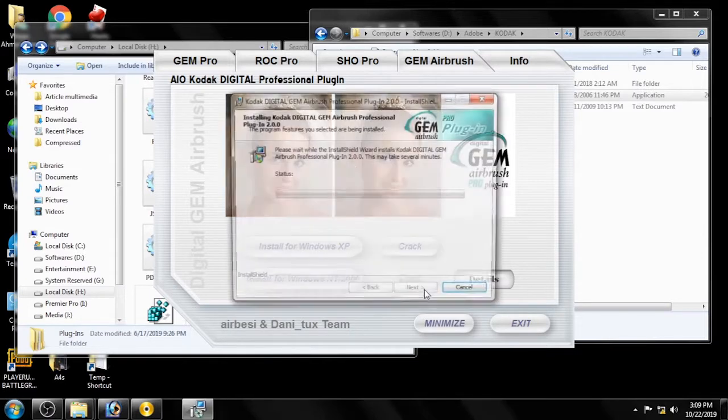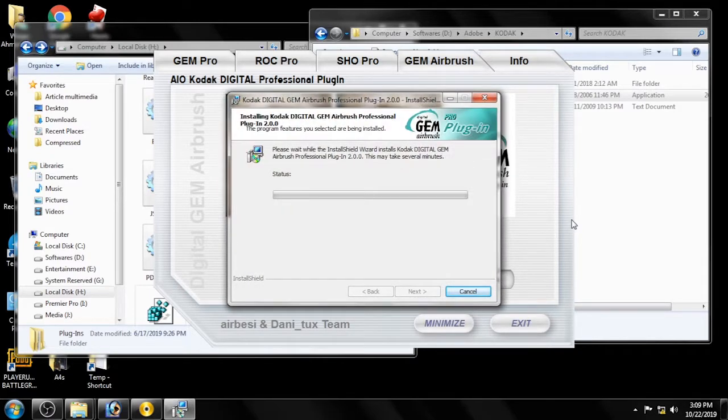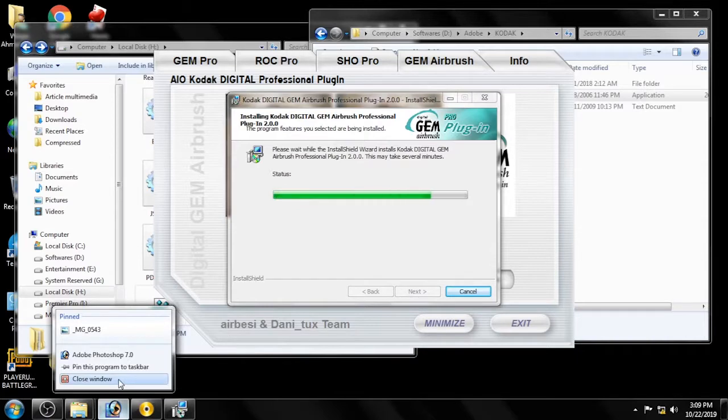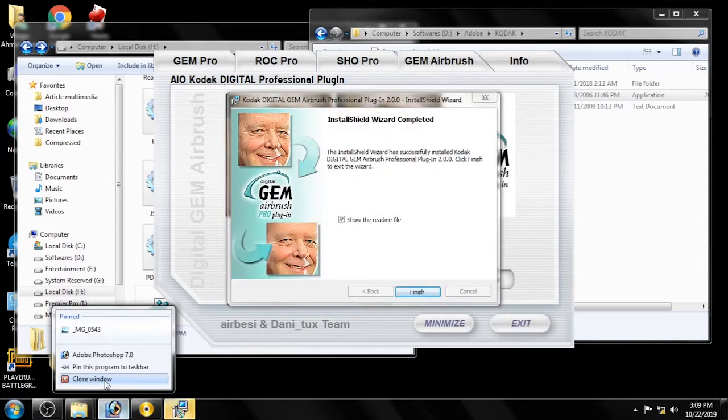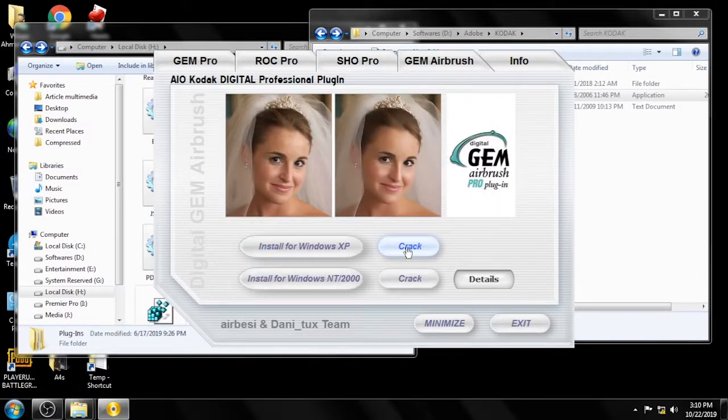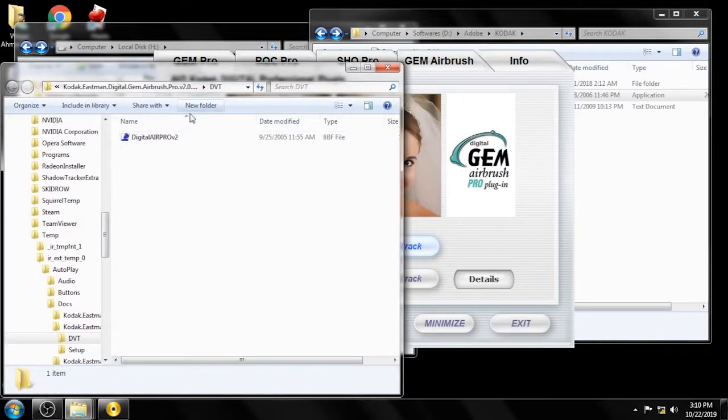Next, install. Actually, you need to close your Photoshop. I haven't done it, so I will do it now. Finish. Okay, so when you click on crack, it will open up this window,